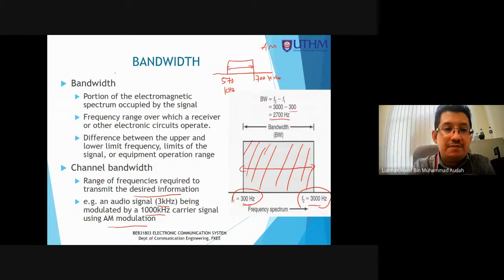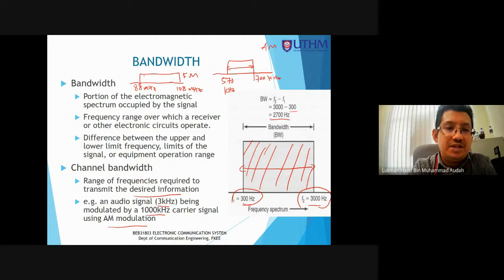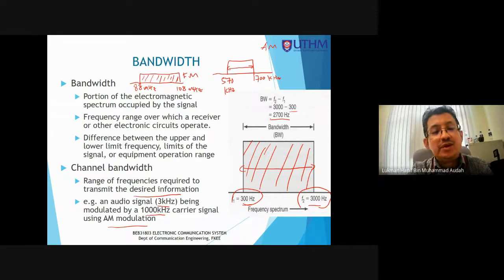Tetapi kalau FM, if you are using a FM signal, the range is going to be larger, which is from 88 megahertz until 108 megahertz. Okay, so this is for FM. This is what we call a channel bandwidth, which means that you can choose any frequencies here to transmit the FM signal. Okay, but both AM and FM are regulated